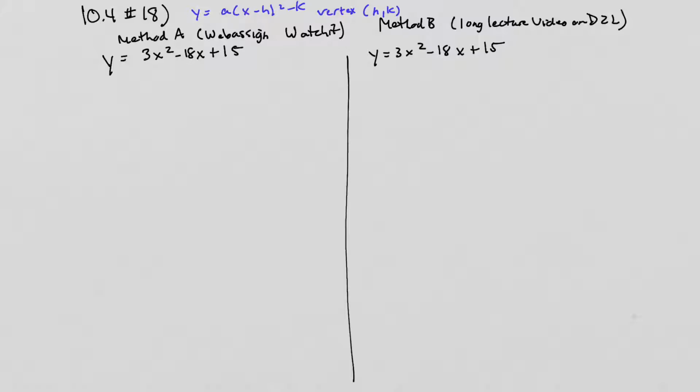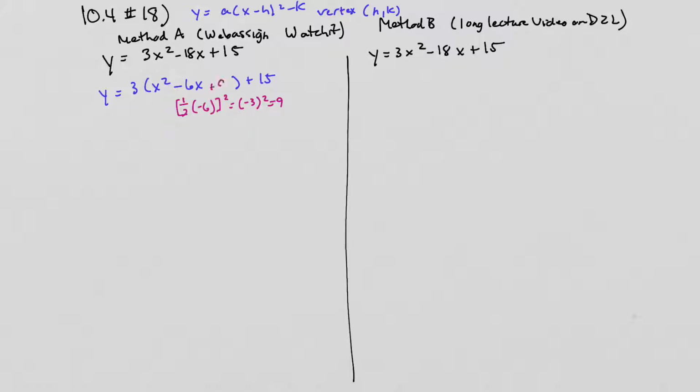So let's go ahead and use method A. Method A, we factor the 3 off of the first two terms. So that is a negative 6x, and we leave a little space because we're going to fill in our number to complete the square. Now you know from completing the square that what you do is you take 1/2 times this negative 6, and you square that. So that would be a negative 3 being squared, or a 9. So we're going to add a 9